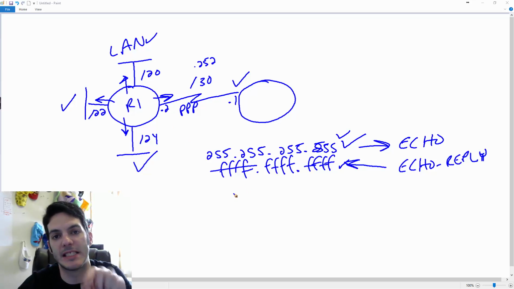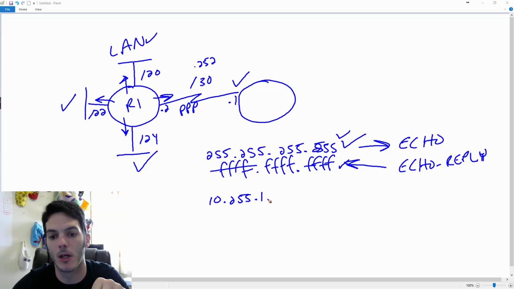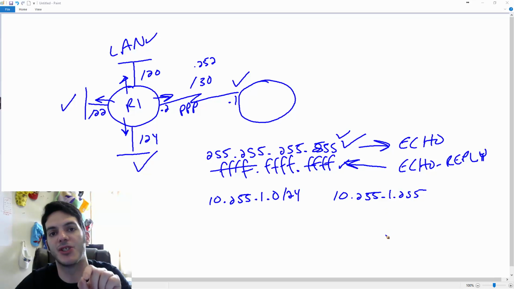When you have a subnet specific broadcast, this is when I go out and I do a 10.255, which happens to be my home network /24. This is my home network IP range, right? So what I do is I go out and ping the broadcast address. Let me clarify some stuff real quick for you. When I'm pinging the local subnet broadcast, that is 10.255.1.255. The subnet 0 is